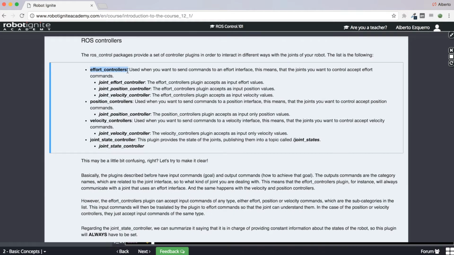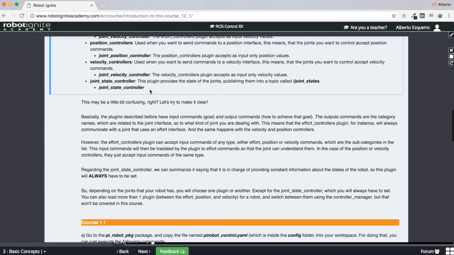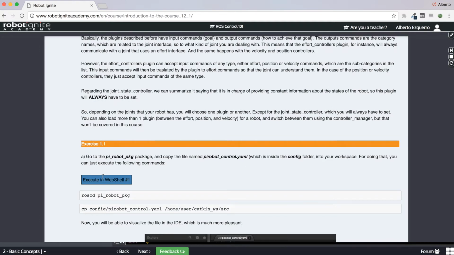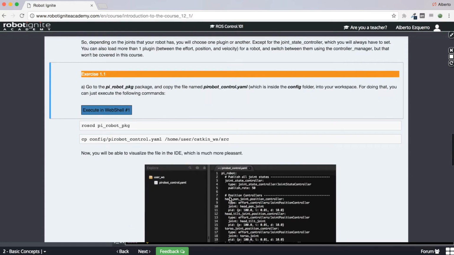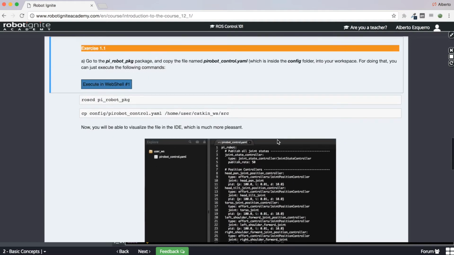So these controllers will provide effort commands, and as an input, they have a joint position controller. All right? Very easy, you see? This is just to let you interact a little bit with the system and to get familiar with the system and with the configuration files as well, since you will be creating one yourself in the